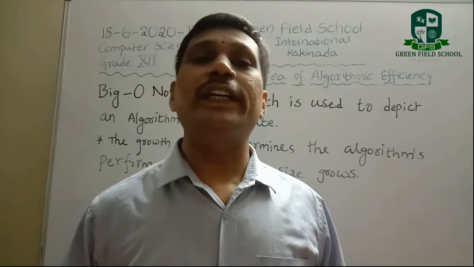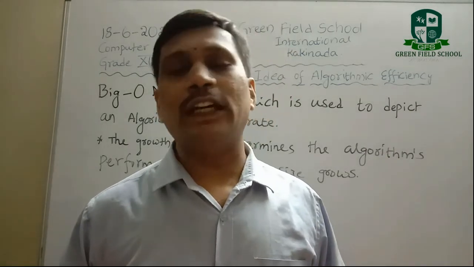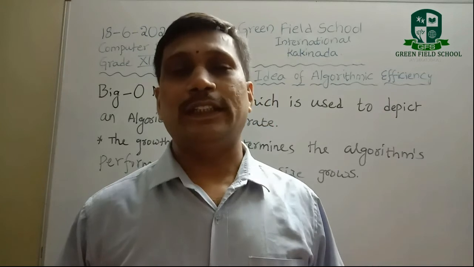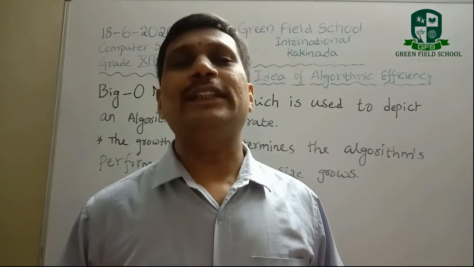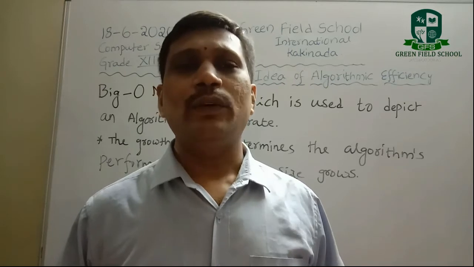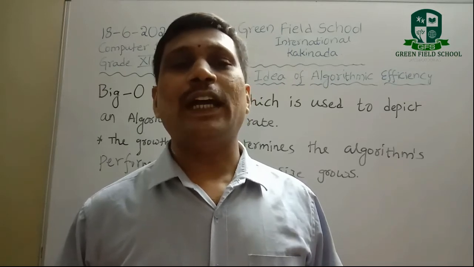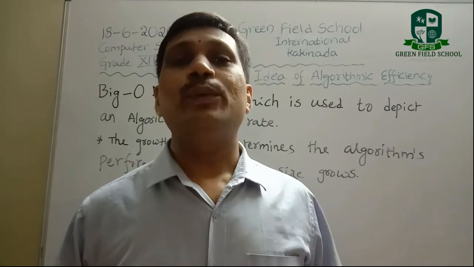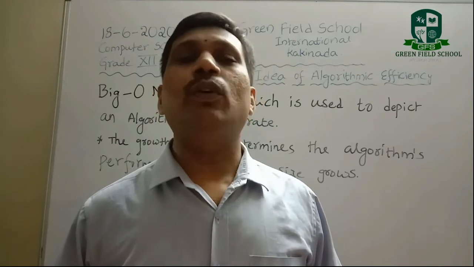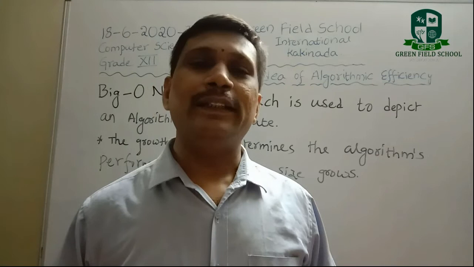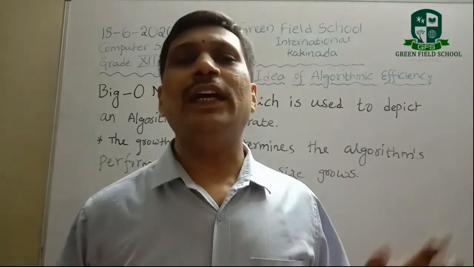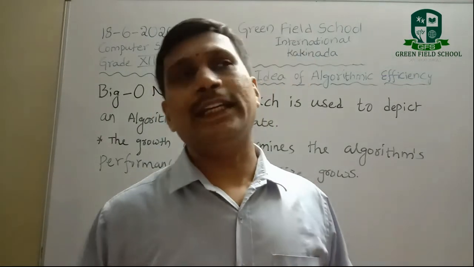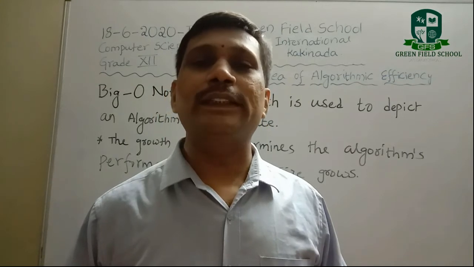That is the big O notation of the linear search algorithm and the big O notation of the binary search algorithm. We calculate which one is best, that is, the efficient algorithm. In this way we decide which algorithm is more efficient than the remaining algorithms. Using big O notation, we determine the efficiency or growth rate of the algorithm. So big O notation plays an important role when we calculate an algorithm's efficiency, its time complexity.